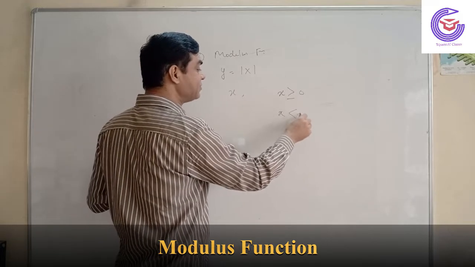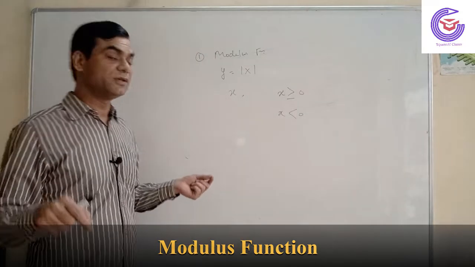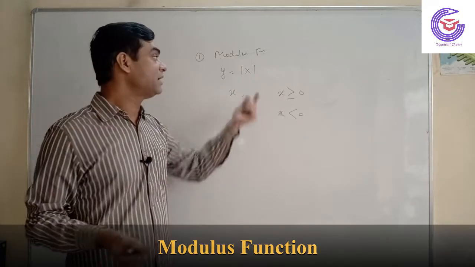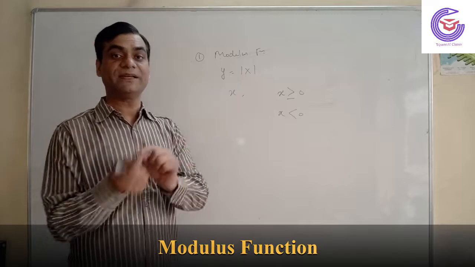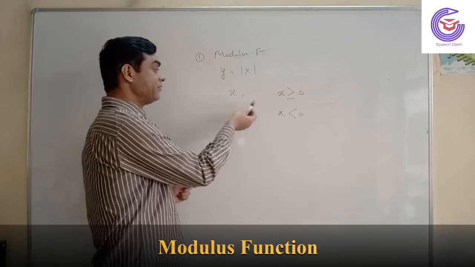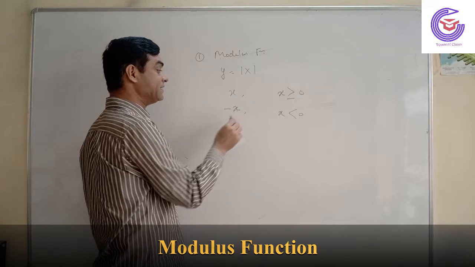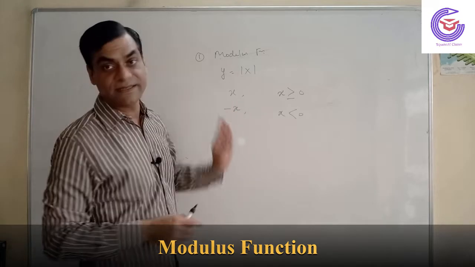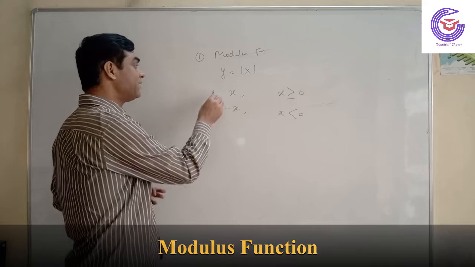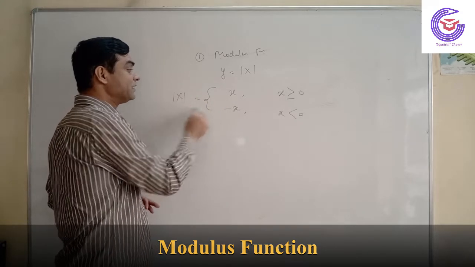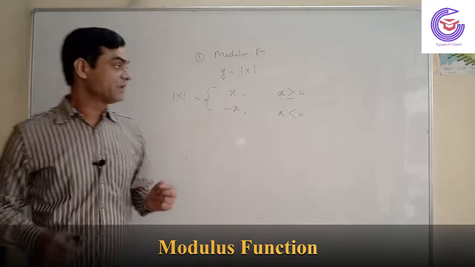When x is less than 0, suppose you put -2. So what will you do? -2 is multiplied by -1, so it becomes positive. How does it make it positive? Because you multiply by -1. So when you put x is equal to -2, that value is multiplied by minus, and the resultant is positive. So whenever you see a mod function, you should always split it in this manner to make it very simple.